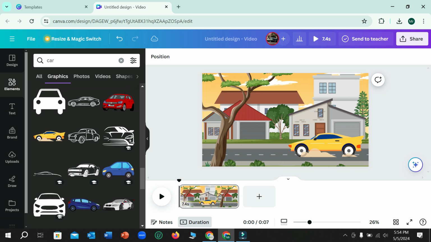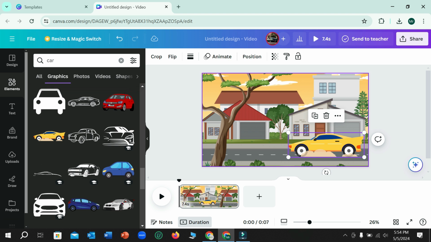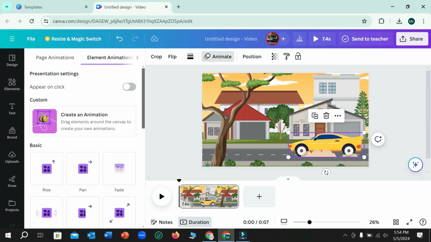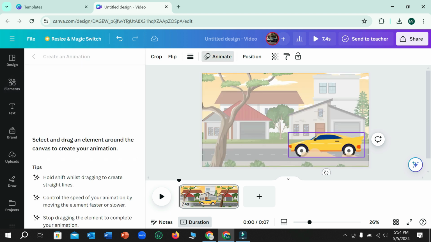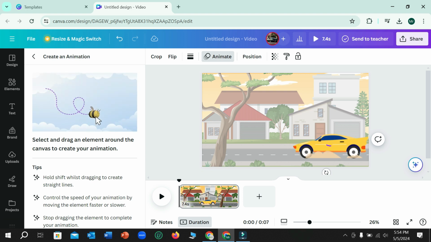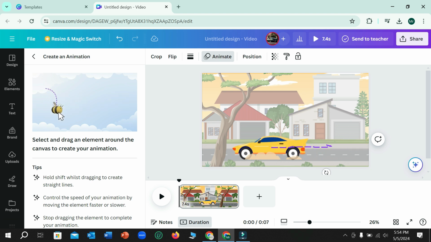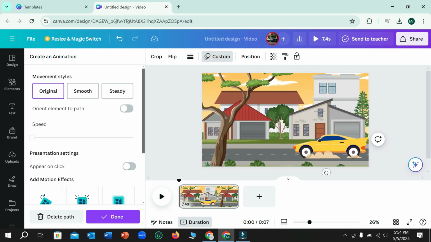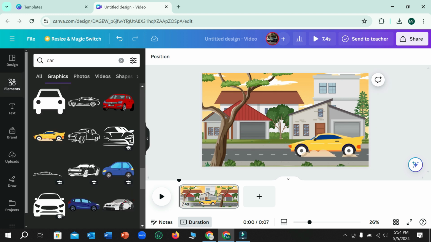Okay, right now what I need to do, I just need to select this one and then select animate, select create an animation, and right now I just need to select this car and move it from this place to this place. Well done. Then select smooth and you just need to increase your speed, and here you can see right now